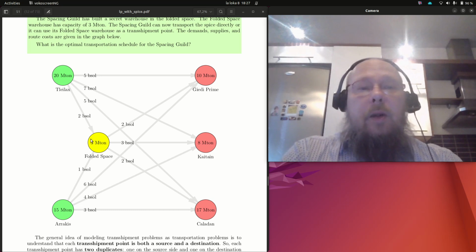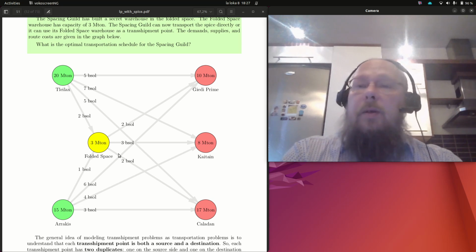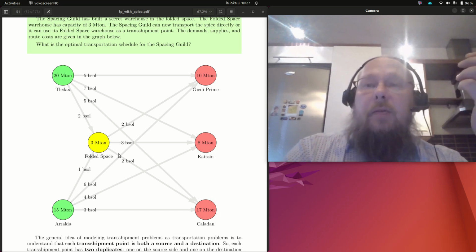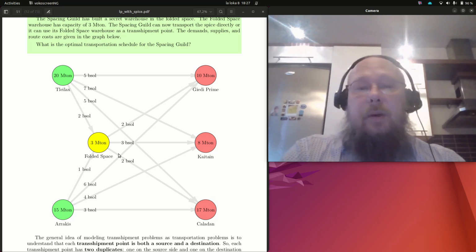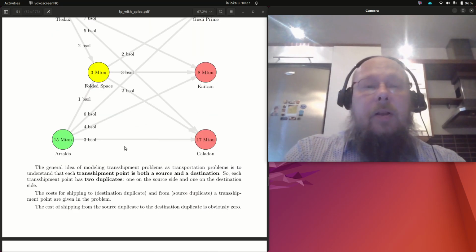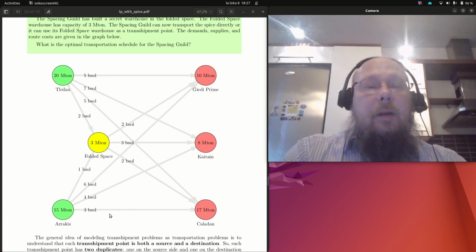Well, in this yellow point you have both arrows coming in, so that's the destination side of it, and arrows going out, so that's the source side of it. You can read more in the lecture notes,